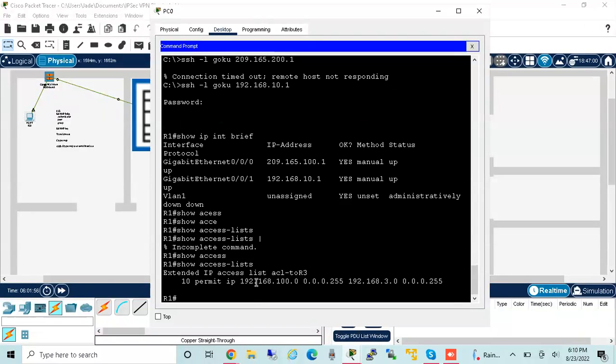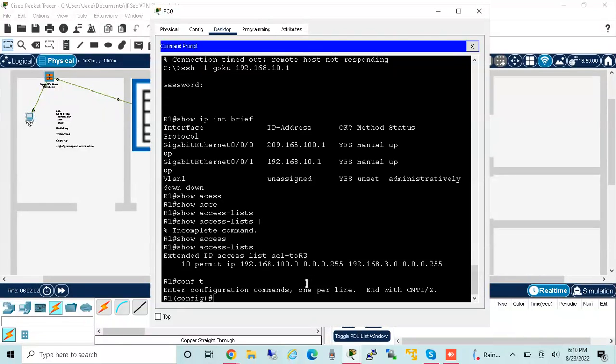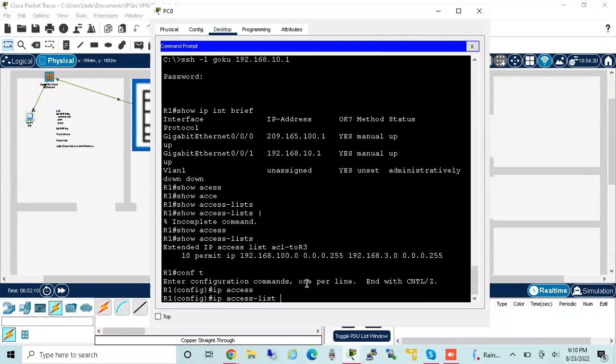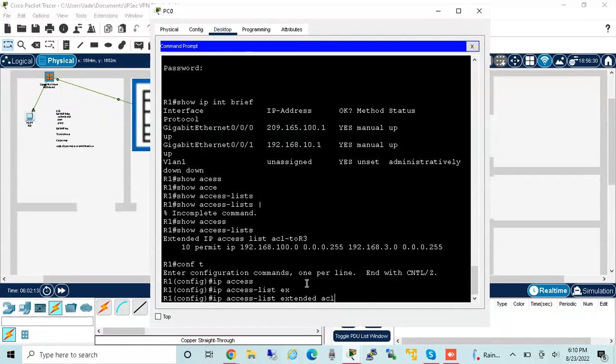Okay, permit the 100. I made a mistake. I need to fix that. I need to put the 10 to the 3. So let's go to IP access list extended ACL 2R3,